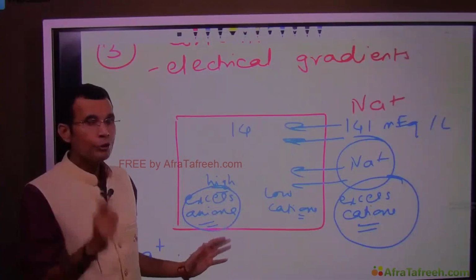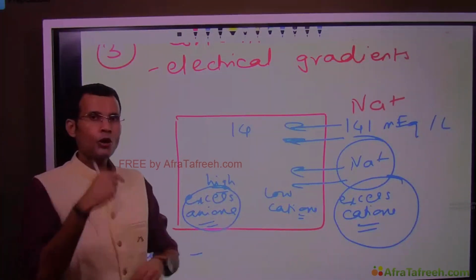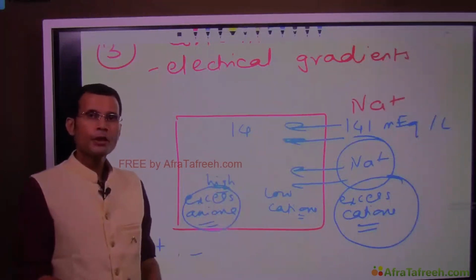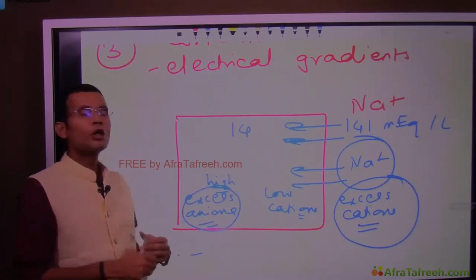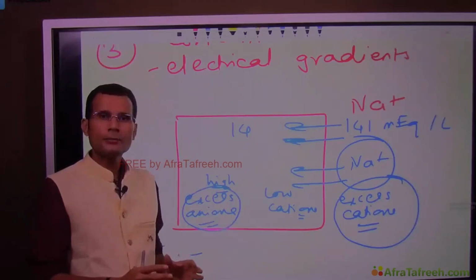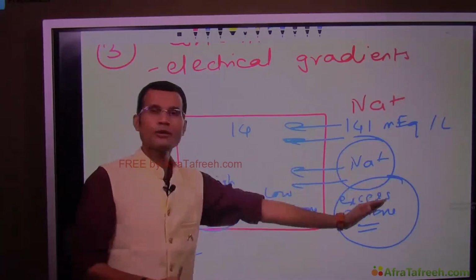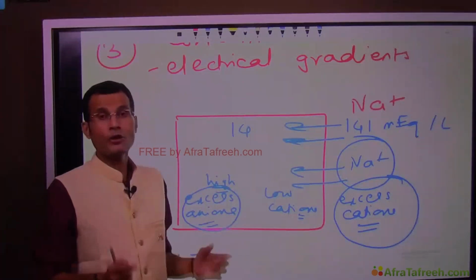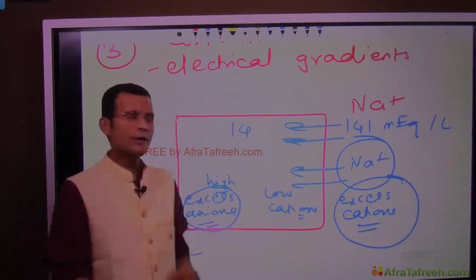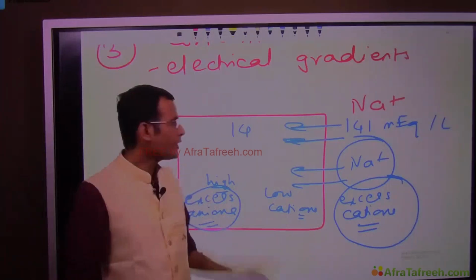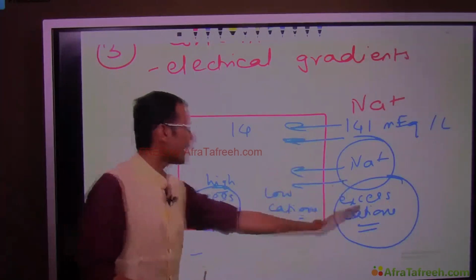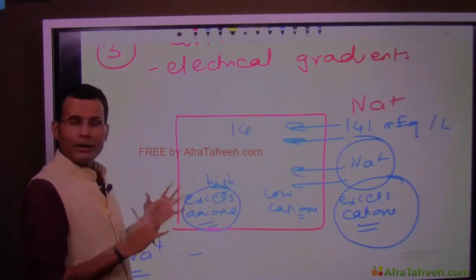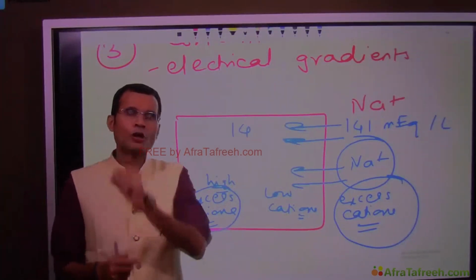Diffusion occurs due to concentration gradient, that's this 141:14. Diffusion also occurs because of the electrical gradient, that is, from high number of positive charges to low number of positive charges a cation will diffuse, and that's called diffusion by electrical gradient. So a cation like sodium will diffuse from outside to inside by electrical gradient, which means what? Which means